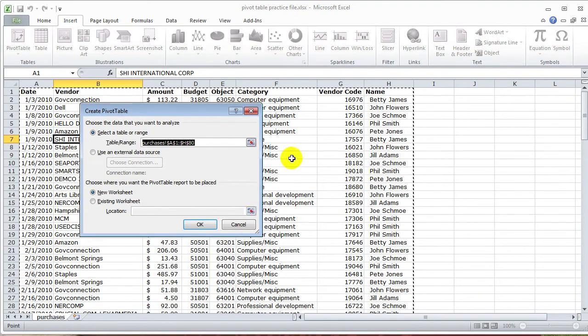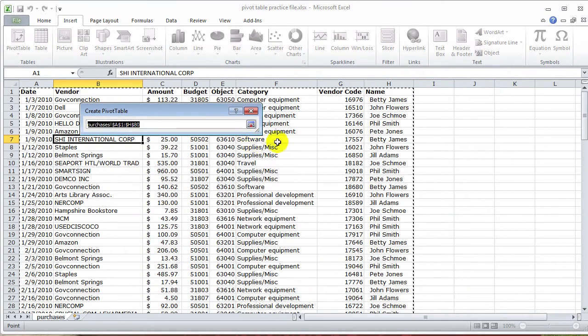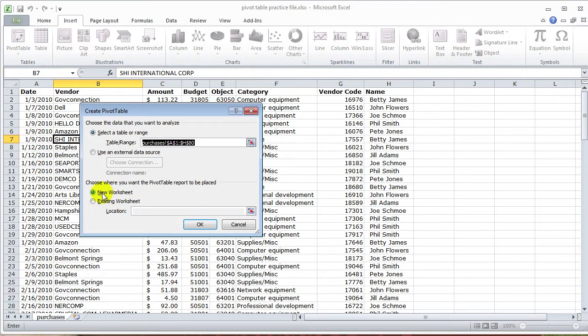If it didn't guess correctly, or you want to include a custom data range, you can click this button here. Select the cells you want included. I'm not going to do it now since it did guess correctly, and it will automatically add them here. You can decide if you want the pivot table placed in a new worksheet or in the existing worksheet, which is the one here. I'd like it in a new worksheet, so I'll select this,